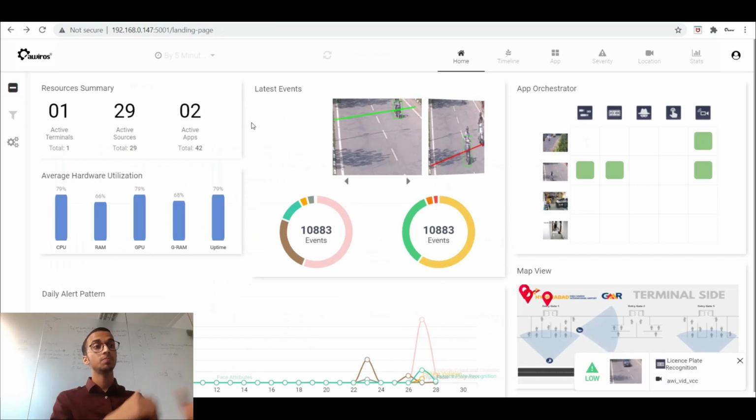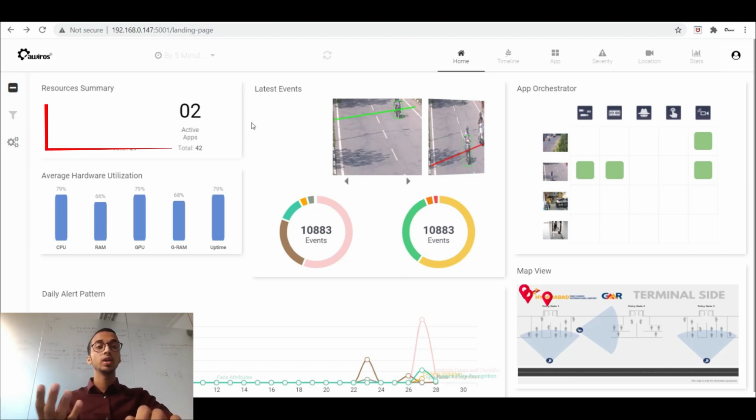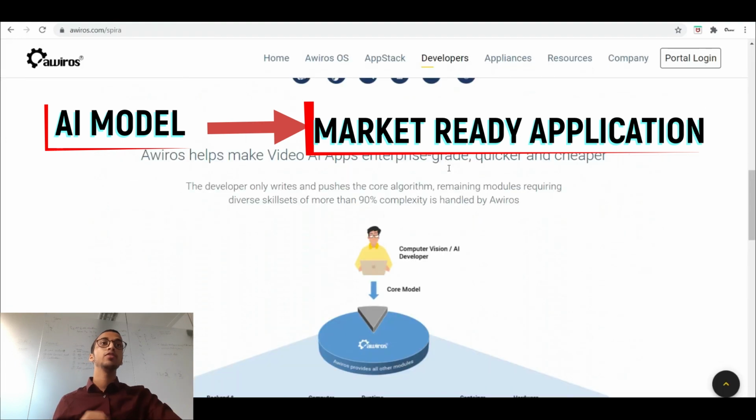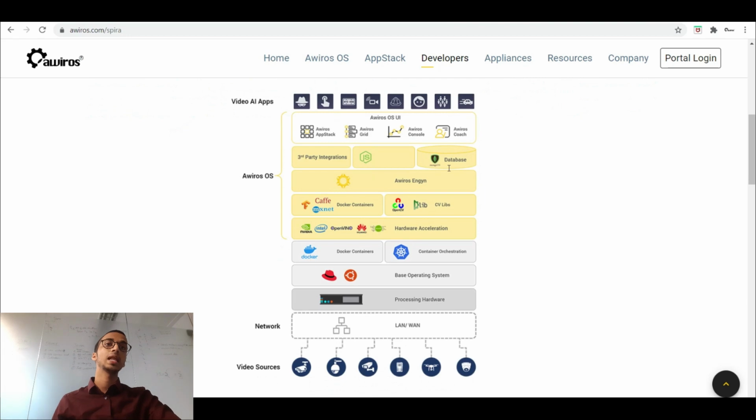Now moving to the second part, which is that of a developer. If you're someone who's a developer, Averroes makes converting AI models into market-ready applications very easy. If you go to the Averroes website, you'll be able to view in more detail how Averroes helps developers.